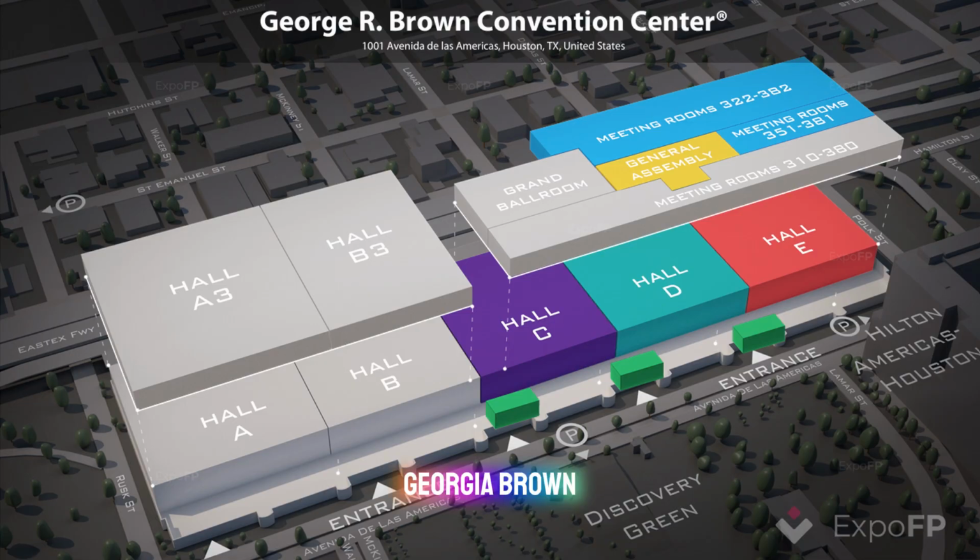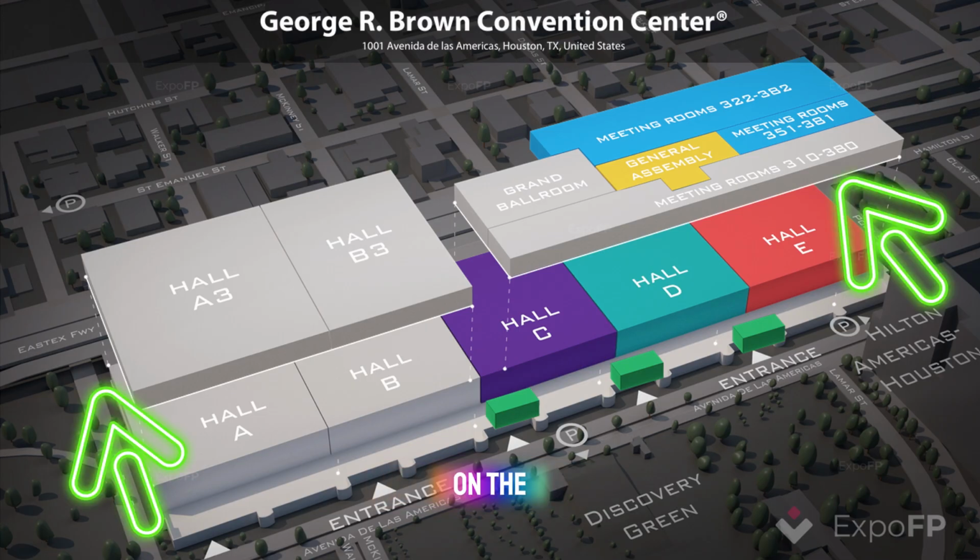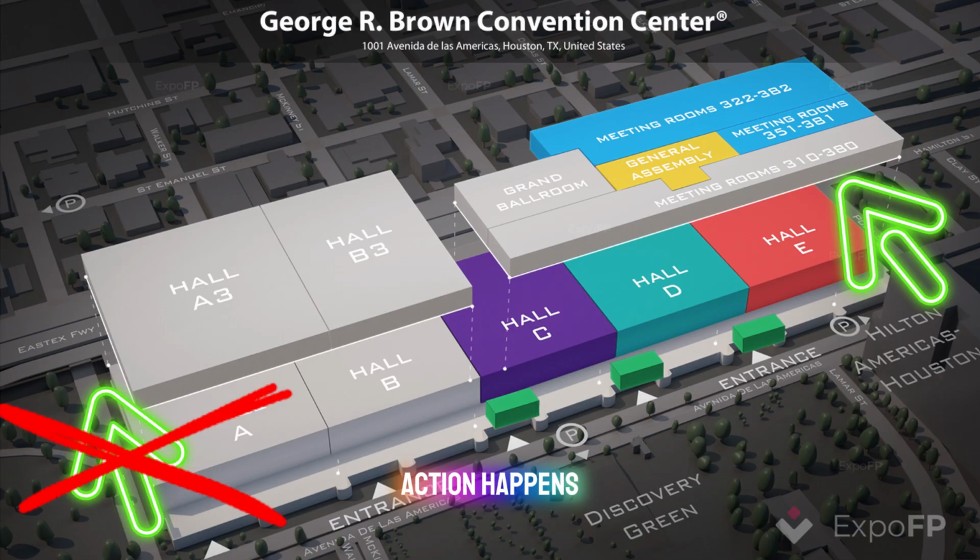Let's talk about the George R. Brown Convention Center. This building runs between Rusk Street on one side, that's the Grotto side, and Polk Street on the other. That's the Papado Hilton Americas side. You'll definitely want to enter on the Polk Street side because that's where all the festival action happens in halls